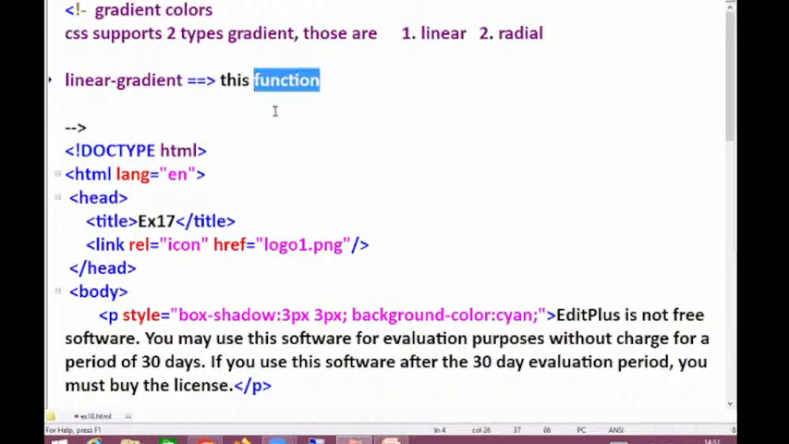Actually, this is a function, sir, not a property. Linear gradient is not a property, it's a function. Then only the heading I also changed here. In the previous 3-4 examples, the properties heading was available. And here I'm clearly typing: this function is used to apply